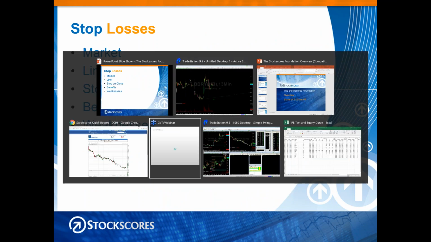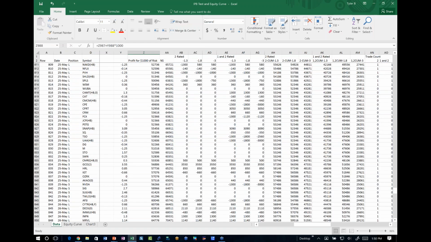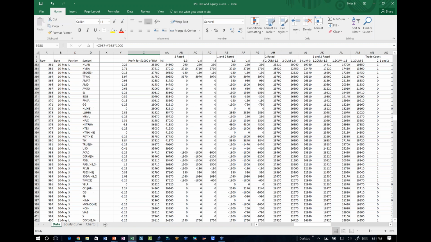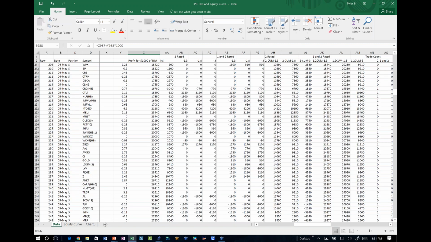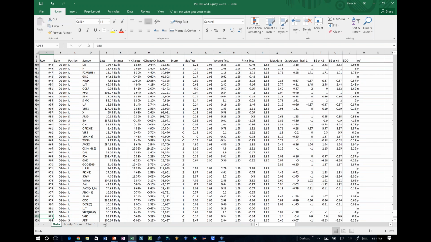Let's go into the spreadsheet that I have here. So this is a tracking of all of the trades that my strategy identified in the month of May. Okay, I have a computer help me do this. So every day I list all of the stocks that were on my day trading watch list.